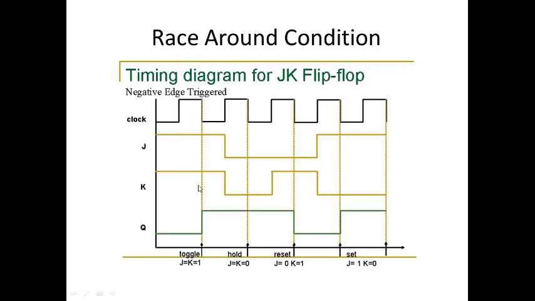If it's a negative edge triggered clock, negative edge triggered means only during the falling edge of your clock pulse, whatever may be the input, you will have a change in the output. Now this is 1 and 1, and your previous output is 0. As I said, only during your negative edge you will have a changeover. Now you have a toggle, from 0 it has changed to 1. And again during your next subsequent pulse,